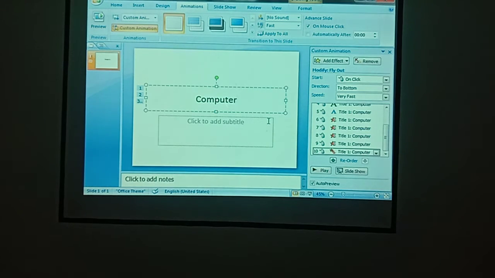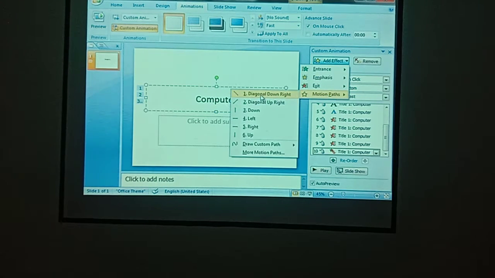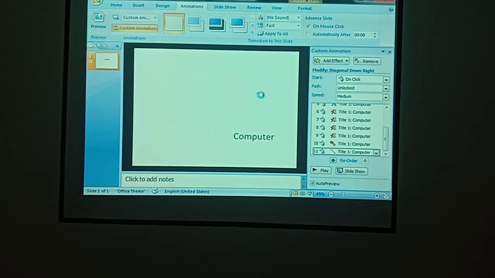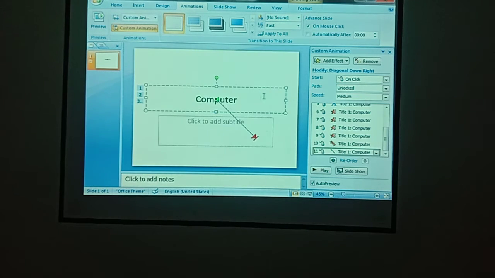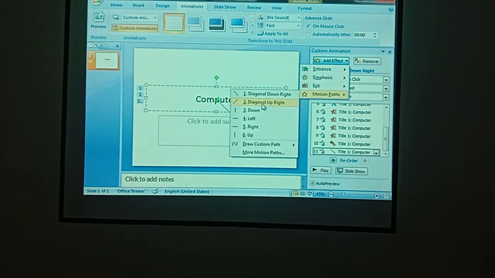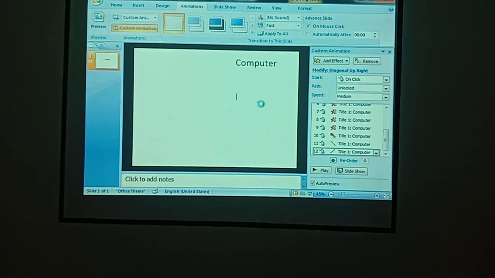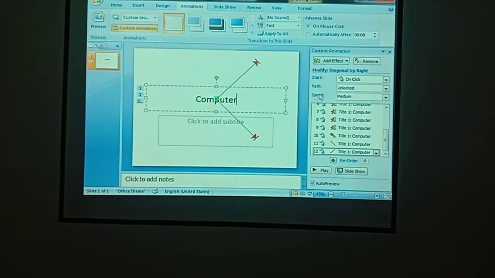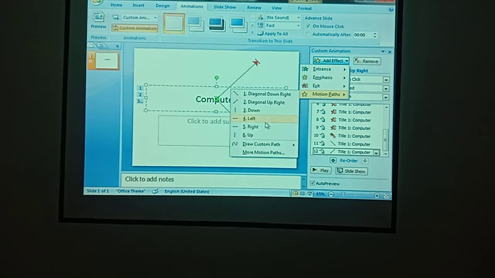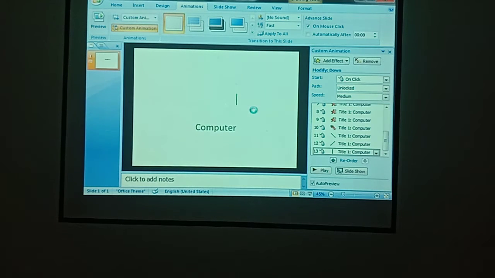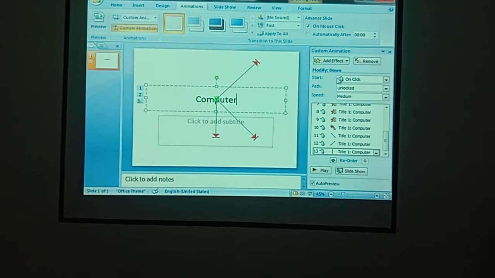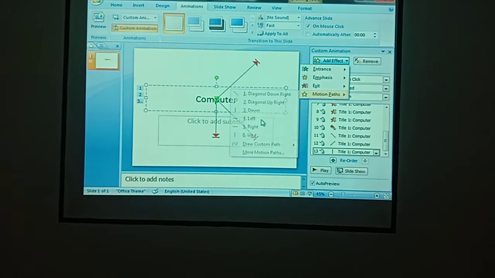Next is motion. Movement of an object on the screen between entry and exit. So there will be some movement on your object when you are entering and exiting the screen, see. Okay. So this is motion path. Down. So it will come down. Left.